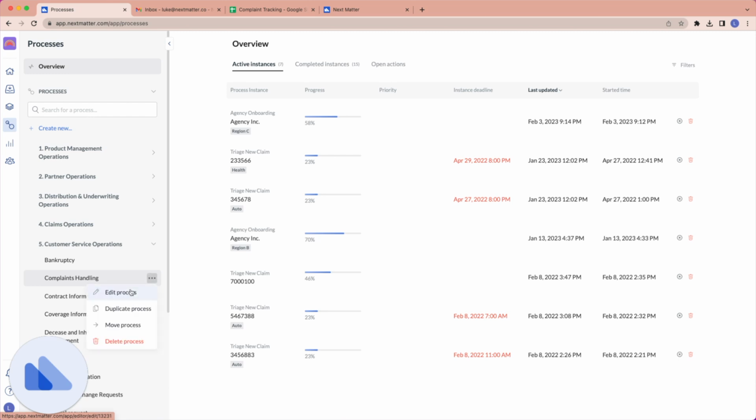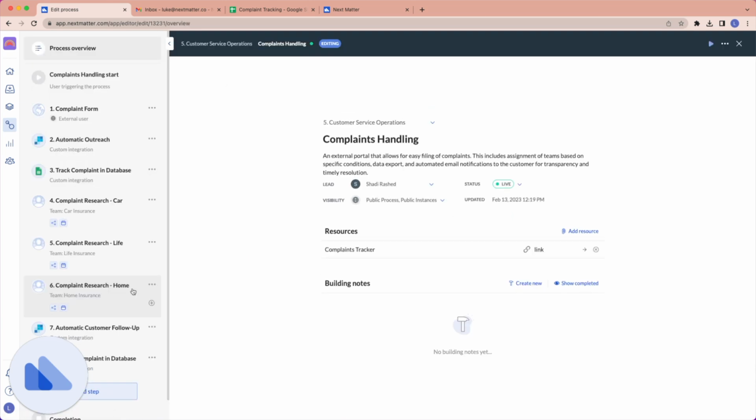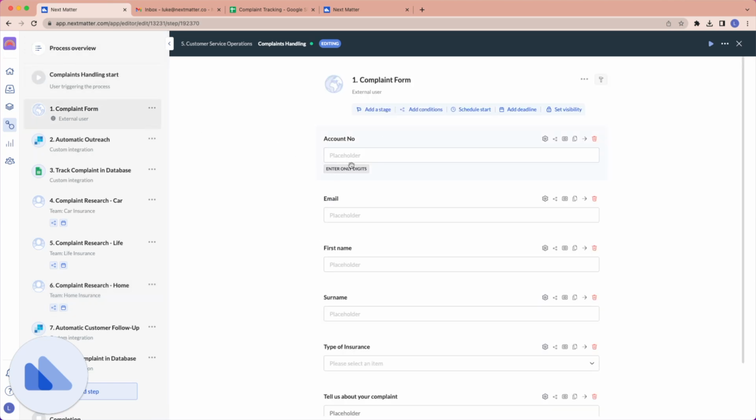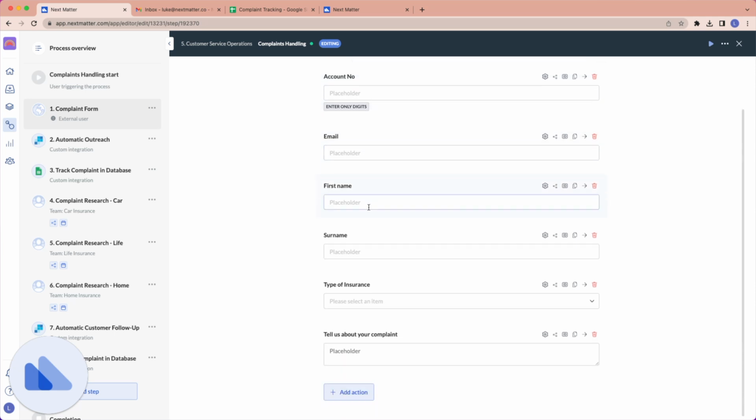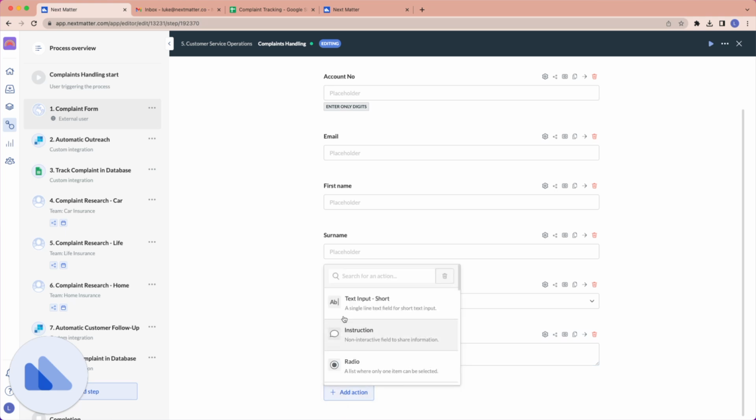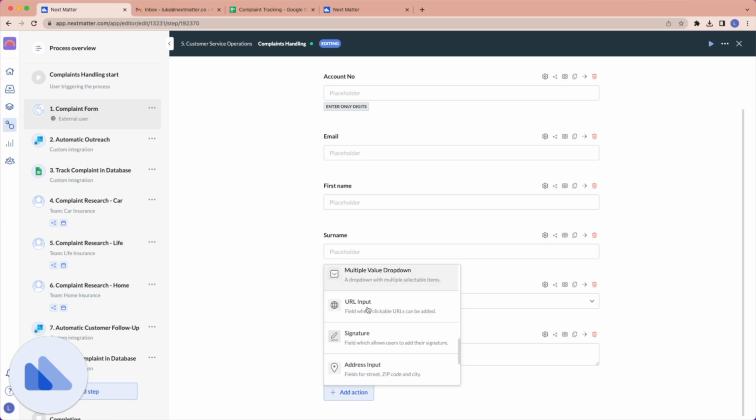Let's show the back end of this process and see how it's configured. So in this process, we've created a custom form that captures all the details of the complaint, from the customer account number, email, the type of insurance. We've added a drop down to capture that, and an open text field where they can file their complaint. You could add any other sort of information you'd like. If they wanted to upload an image or a file, maybe they need to sign something, whatever you need for